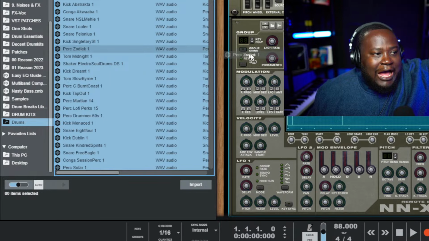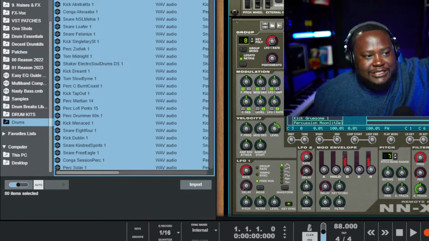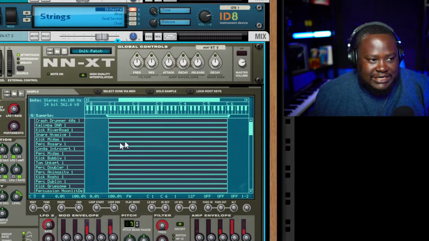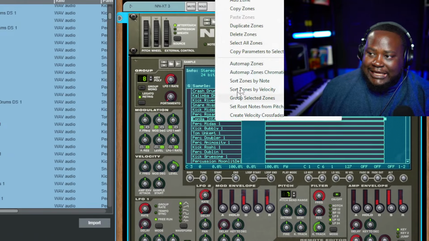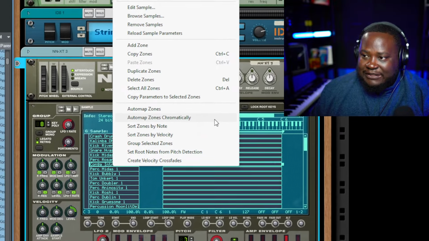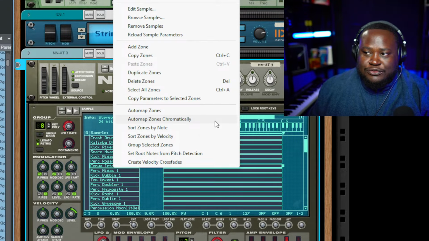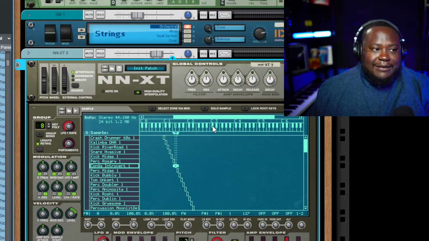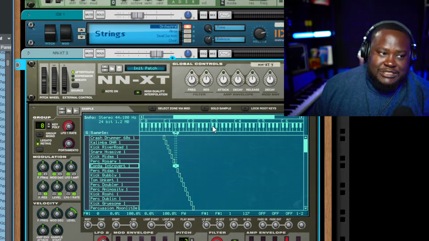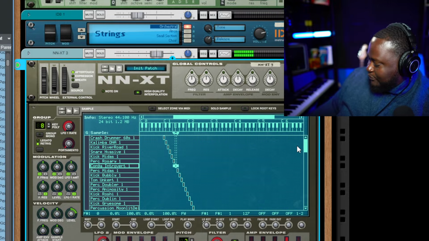I'm just going to highlight that and drag it over into the NNXT. And now you'll see I have a bunch of sounds loaded into the NNXT. I'm going to right click, and then I'm going to hit auto map. Let me move my face out of the way. Auto map zones chromatically. And when you do that, that's going to put a sample on each of those keys, right? So now I can say,